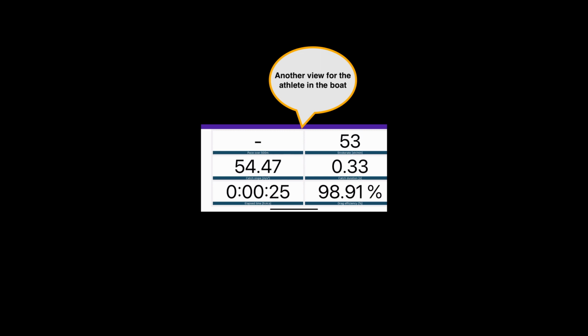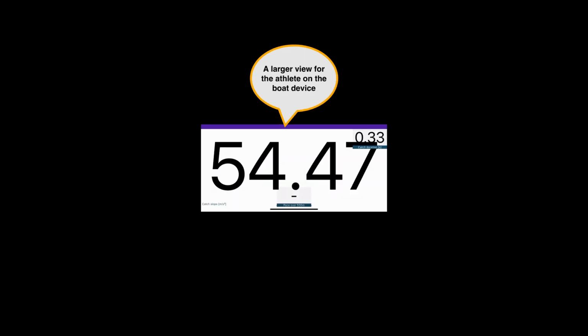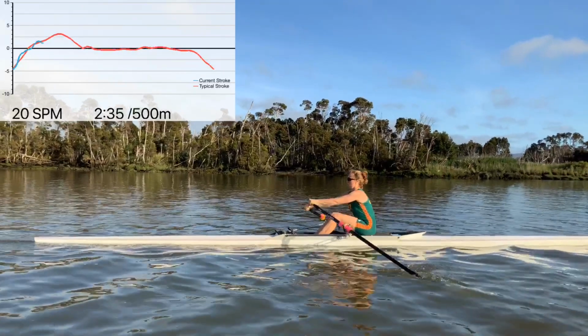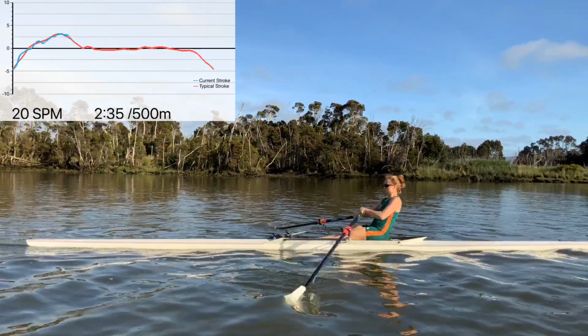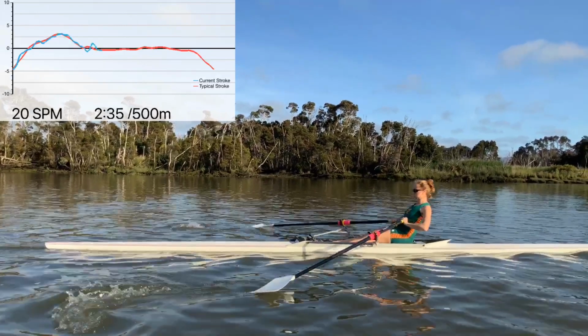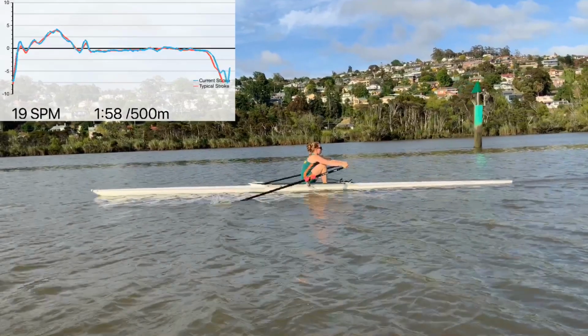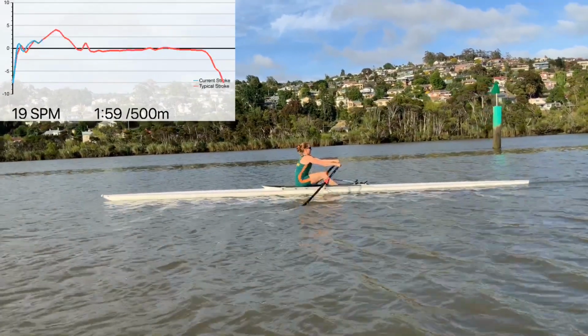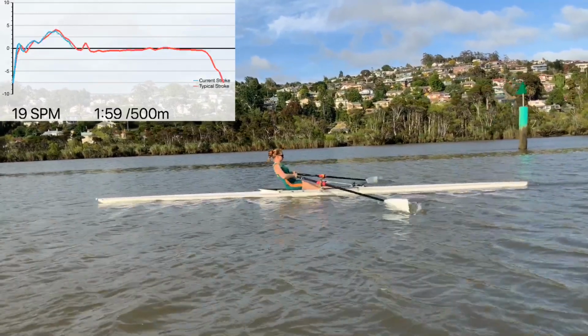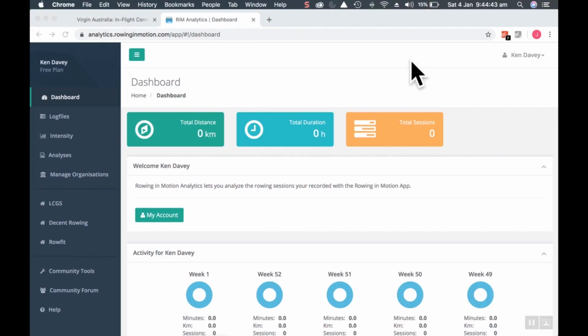Here in the boat the athlete can see numbers demonstrating what they're achieving, which makes real time feedback. Here's a different view with a larger amount visible. Here we have the athlete rowing before we did the catch drill, and you can see the gradual slope at the beginning, and here we have the athlete rowing after the catch drill, and you can see a much more dramatic slope at the catch.